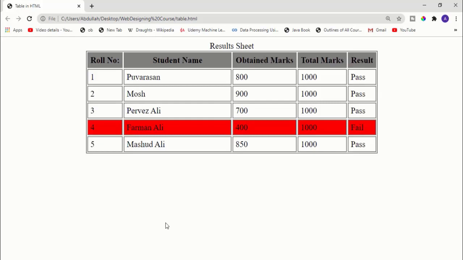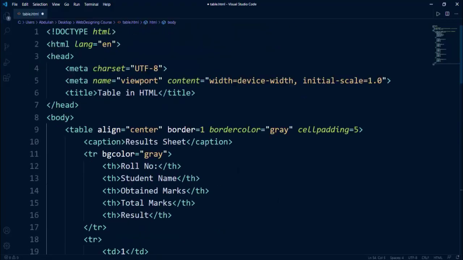When we use CSS, we will make this sort of table very beautiful and interactive, so everyone will love that. For now we are just learning the basics, so that's why we just try to understand how table works in HTML. Now here we can go there and we can increase the border. So I will say border is 5.